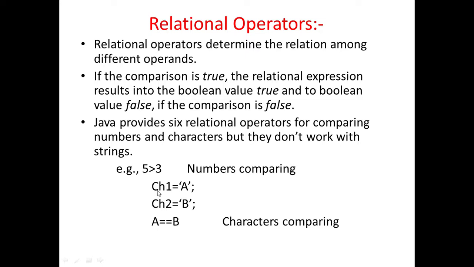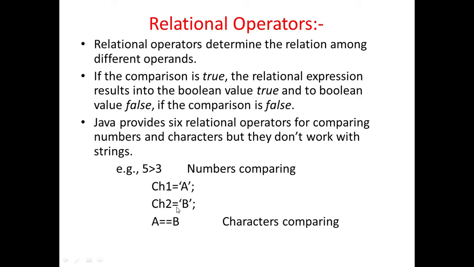I have written ch1. So ch1 is a variable and I have used equal to sign and then I have written a. So what actually is happening, we are assigning the value a to this variable ch1. So here 1 equal to sign means assignment operator. It is used to assign a value to a variable. Our variable is ch1. So this variable is getting one value a. This variable ch2 is getting one value b. So here 1 equal to sign is used to assign a value to a variable.